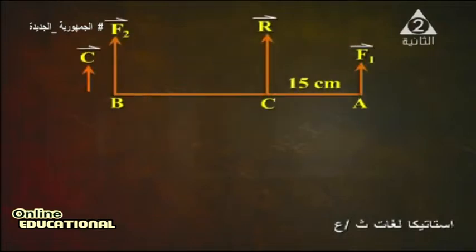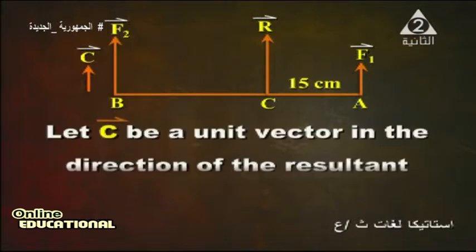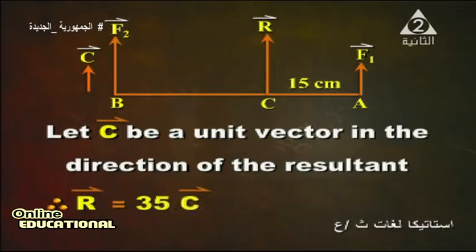We have F1 and F2 in the same direction, and the resultant R is also in the same direction as the two forces. The distance between F1 and R is 15 centimeters. Therefore, we let C be the unit vector in the direction of the resultant. We deduce from the given that the resultant equals 35C direction, and the known force F1 equals 20C